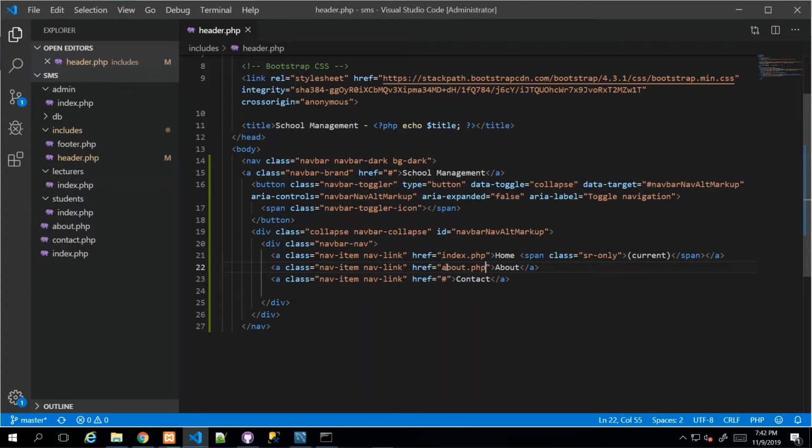and contact will always point to contact.php. Actually, I want my navbar to be split in two. I want the links to the left and, well, a login button or link to the right. All right, so I'm going to do a little modification to this div that says navbar-nav as its class, and I'm going to add another class that will say mr-auto,